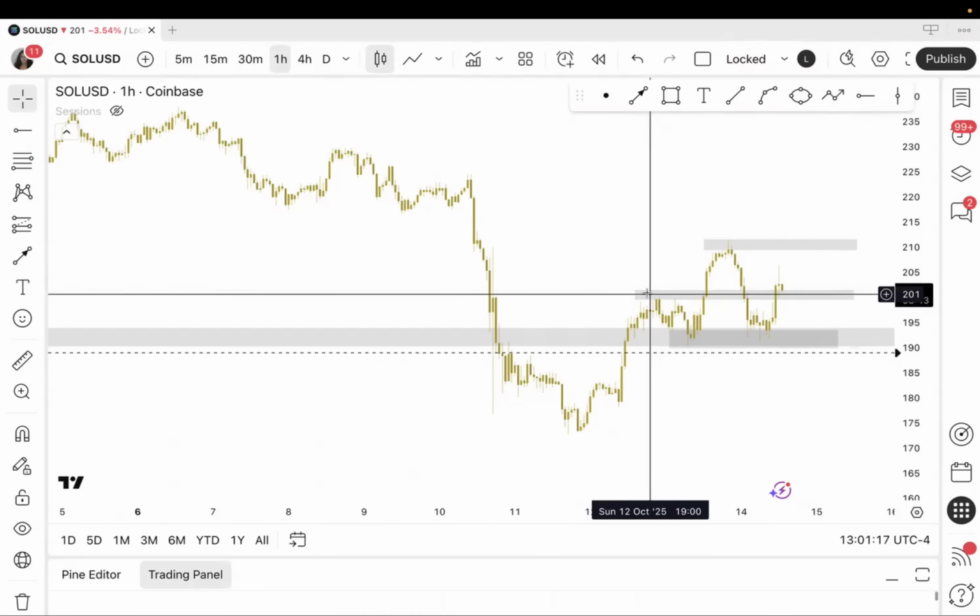So for this 1 hour time frame, I'm going to show you both time frames and what you should be looking for. So with this 1 hour time frame, if you're confused if price is going to go bearish or bullish,